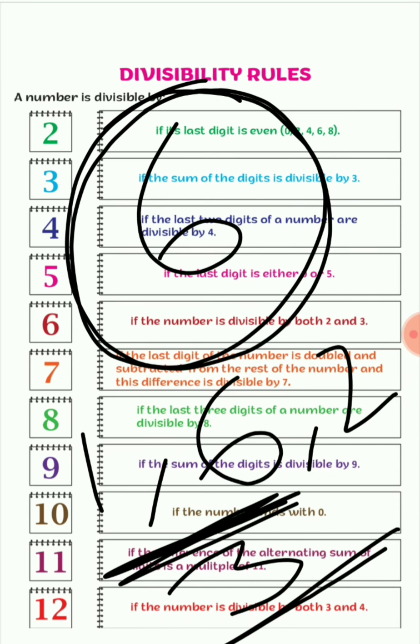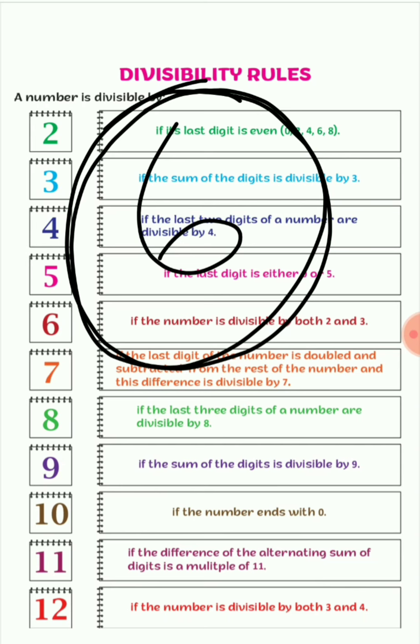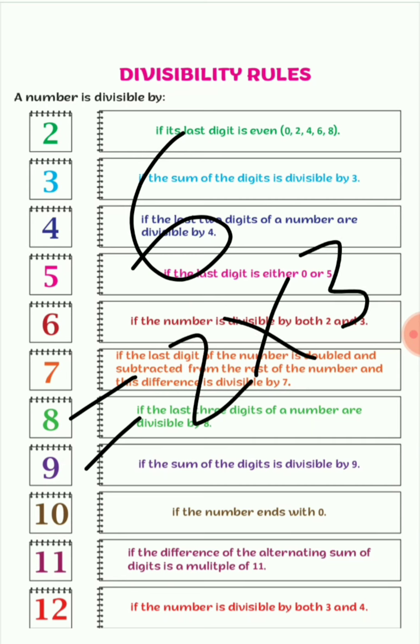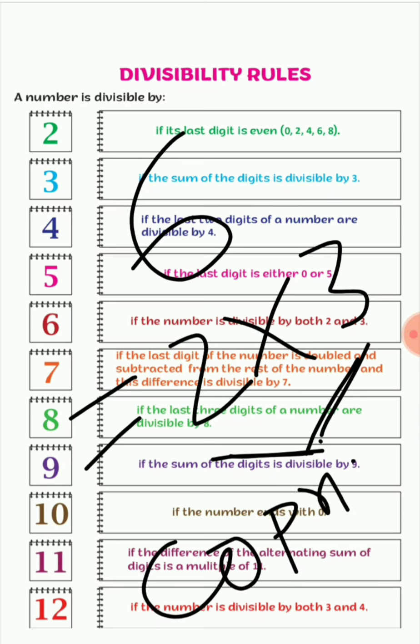To check the divisibility rule by a composite number, there is an easy trick. We just split it up. 6 is equal to 2 into 3. These numbers are co-prime. What is a co-prime number? Two numbers are co-prime or relatively prime if their GCD is 1, or HCF is 1, or there is only one common factor, 1. What is the common factor between 2 and 3? Just 1.